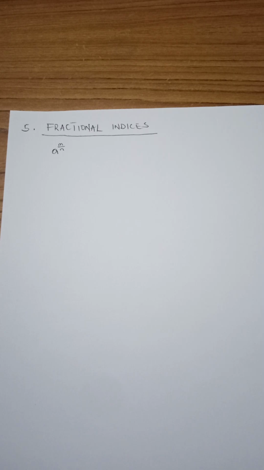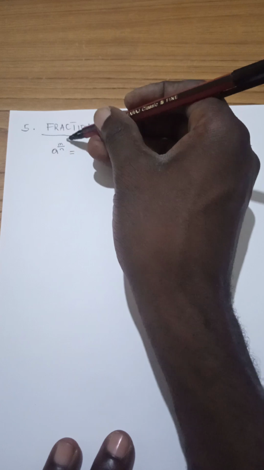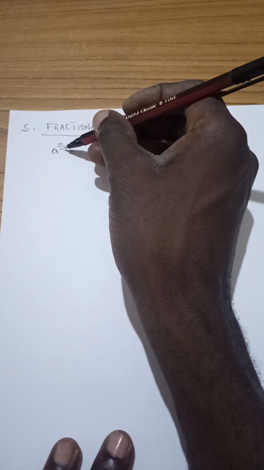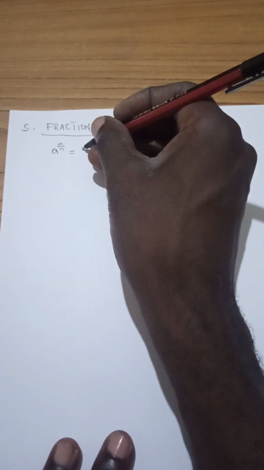So we look at fractional indices as law number 5, and we are considering a power m over n. The way this one can be interpreted, we will simply say this is equal to the bottom one for the fractional index. The top number represents the index of a number, then the bottom one will represent the root. So in short, we can change its form and say,